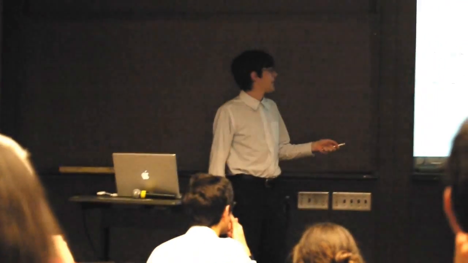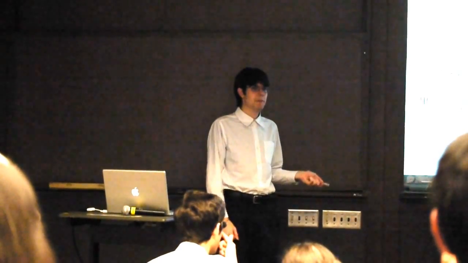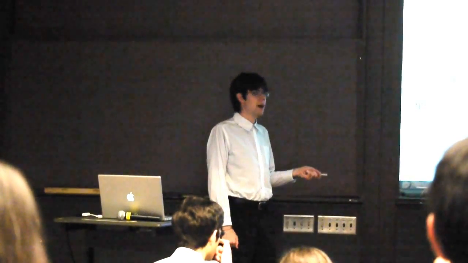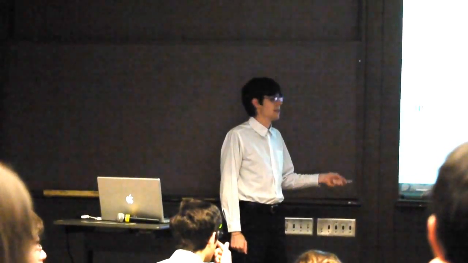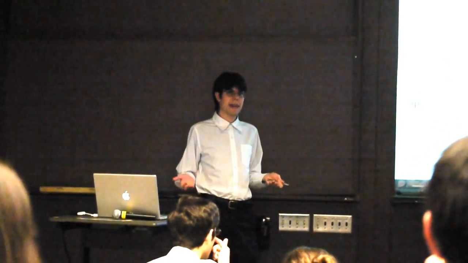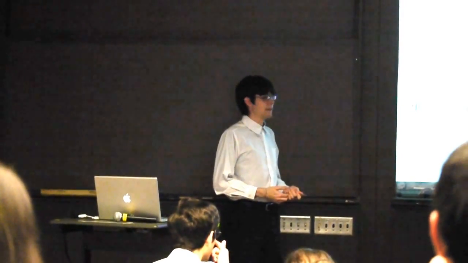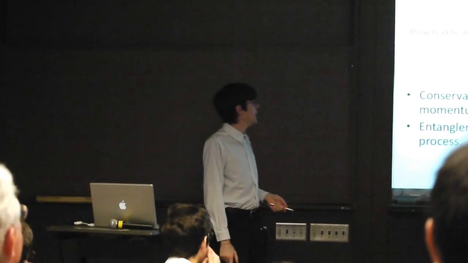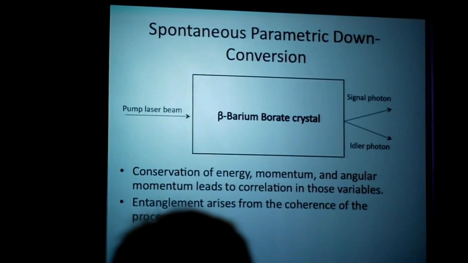While if you start out with the classically correlated state, where 50% of the photons happen to be both horizontally polarized and 50% of the photons happen to be both vertically polarized, when you change the basis, you get 25% chance of getting each combination. So essentially what entanglement is in this case is when you change the basis, you still get correlations in the polarization states. So we produce entangled photon states by using spontaneous parametric down conversion, which is a nonlinear optical process